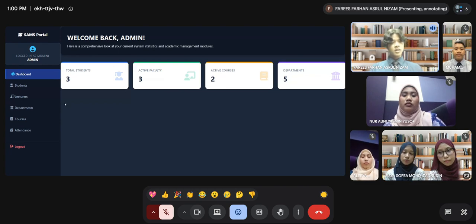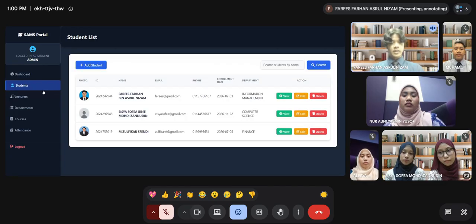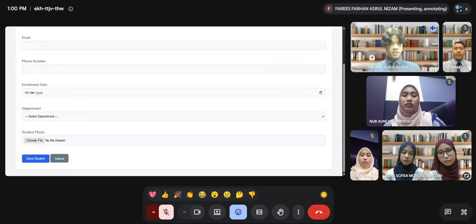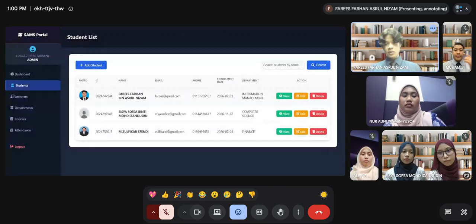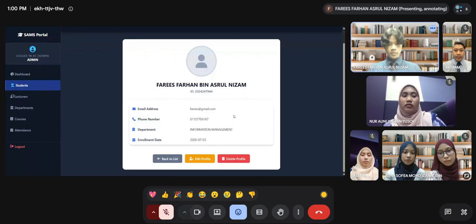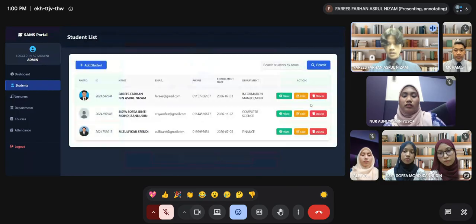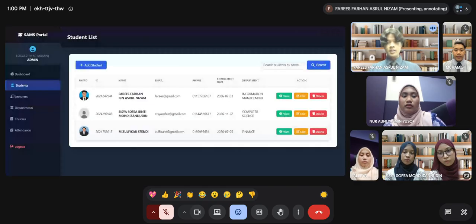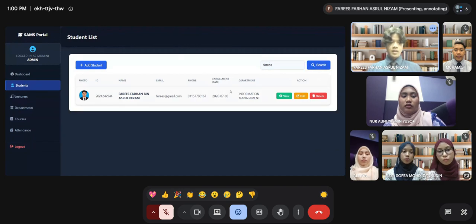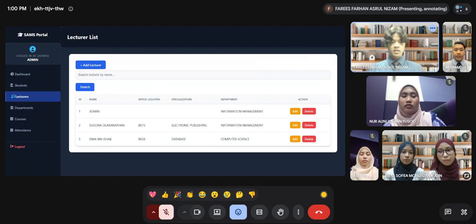Now we will go to the students. Over here, we can see the list of students that have registered. We can add a student if we need to. Over here, we can also view, edit, and delete if needed. We can also search the name. Moving on to lecturers,